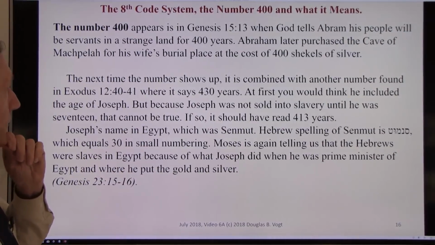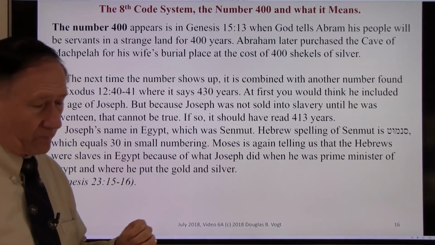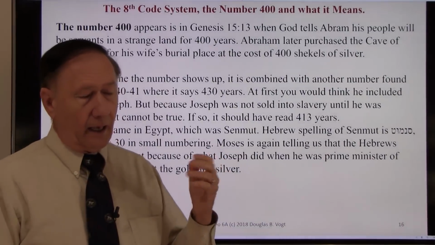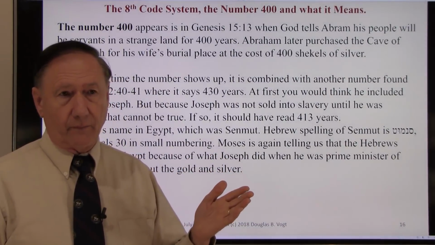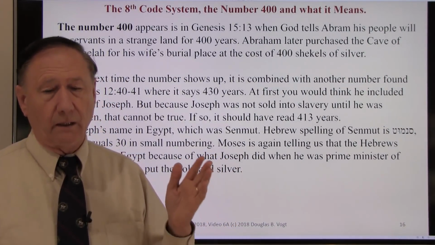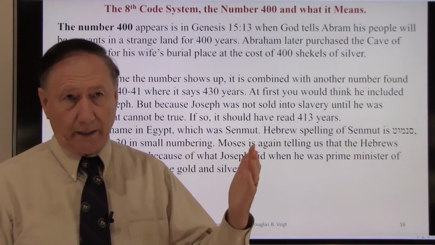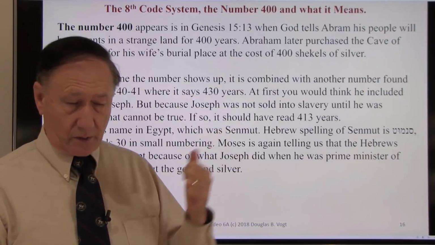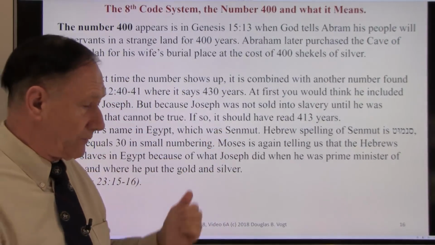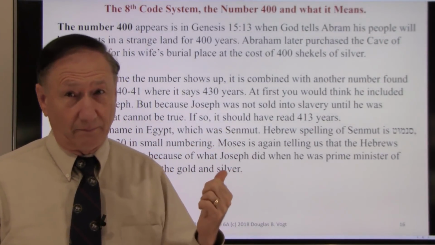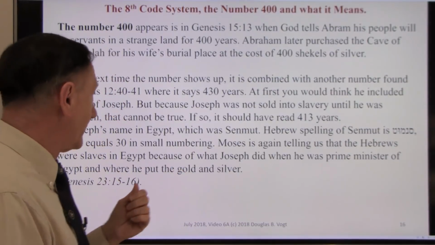8th code system, number 400. That's easy. Abraham buys the cave and the surrounding hill and the land around it, probably up to the wadi, for 400 shekels of silver. I'm going to go into it in volume 1. Where he got the money, that'll surprise you. Anyway,